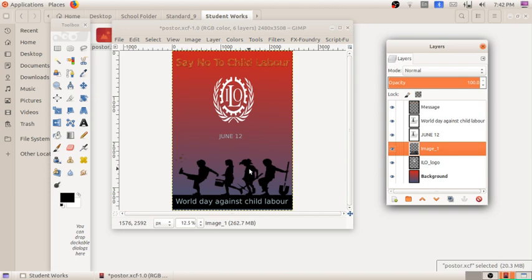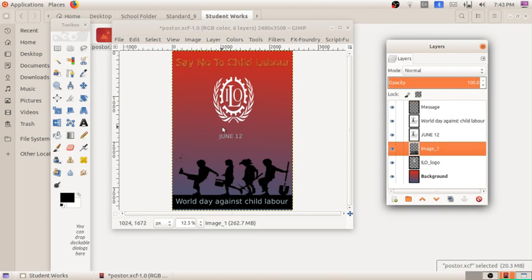Here also there is a tool named path tool. This path tool will help us in selecting a part of an image according to a fixed shape. We can cut it in the fixed shape. So we will be seeing how we can do that.